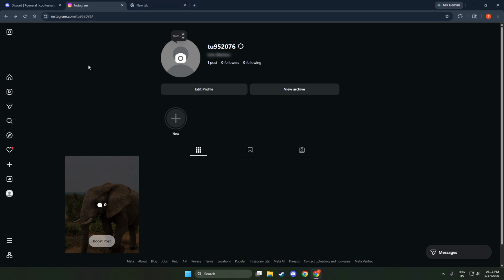That's it. Open Instagram on the web, copy the profile URL from the address bar, and share it wherever you